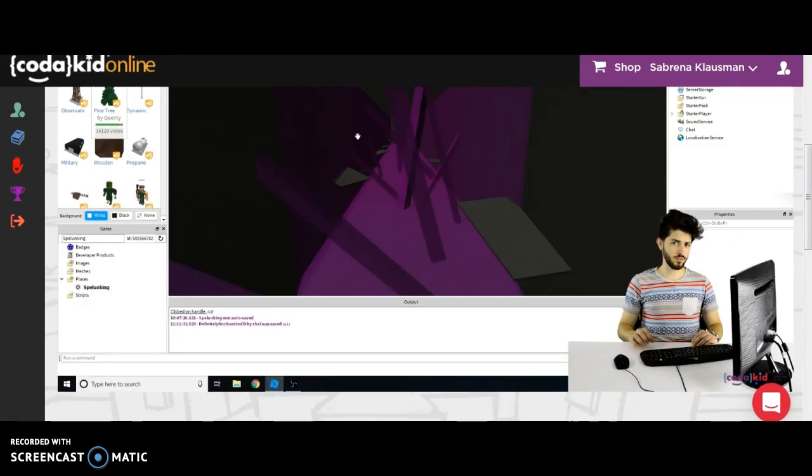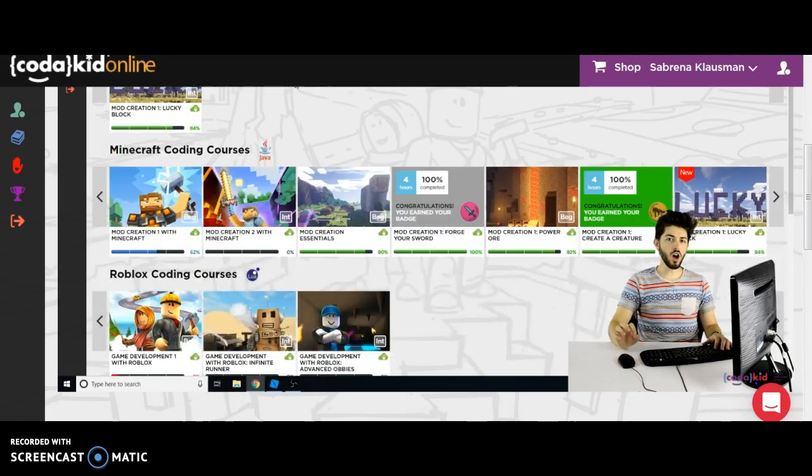Once you know where you saved your game, the only other thing you have to do is send that game over to CodaKid support. So, let's head on to CodaKid.com, and I'll show you where to do that. Now, you are going to have to be logged into CodaKid.com in order to do this, but I'm pretty sure